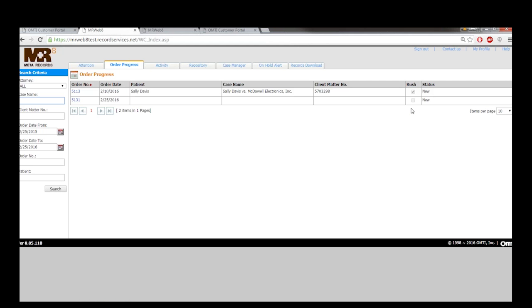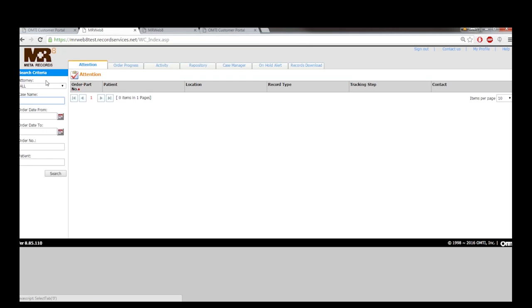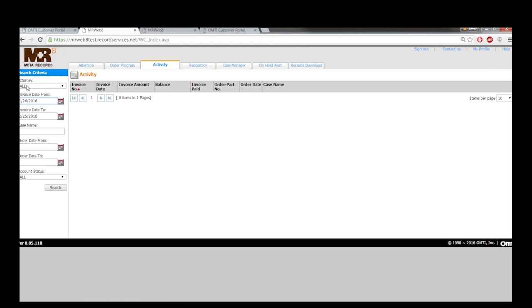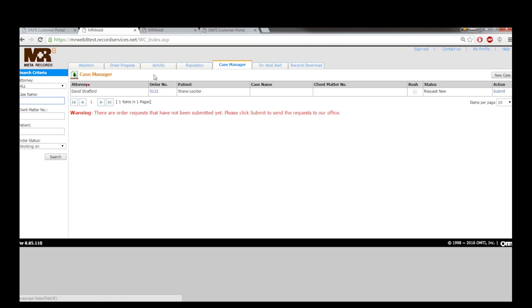This will also be the same in the Case Manager tab as well, with that same checkbox. On all the tabs now, where there is an attorney drop-down, we default the attorney selection to all. This will help with secretaries and paralegals logging in to download or request records for their attorneys, especially when they're trying to submit an order, because it won't default to the attorney, it'll default to all so they can see all of the orders they're working on and then easily submit it. They don't have to search for it anymore.